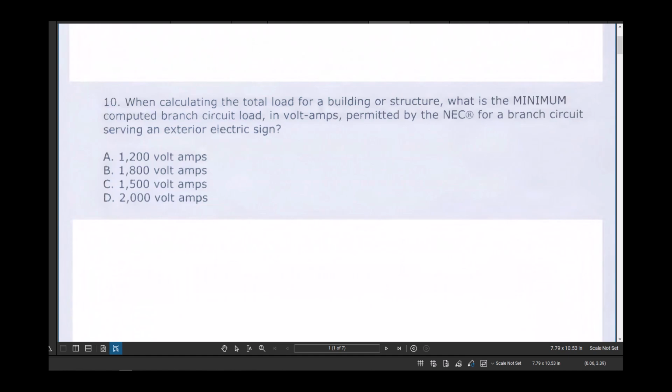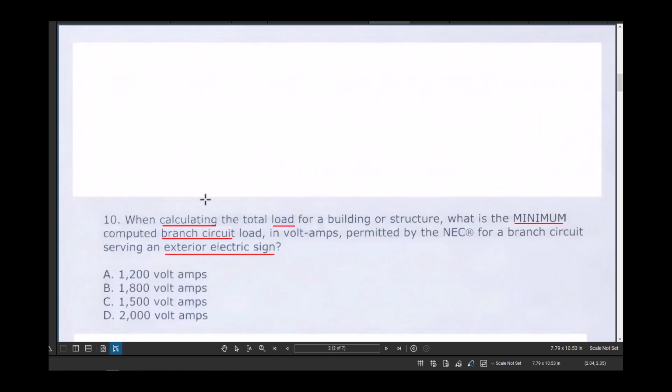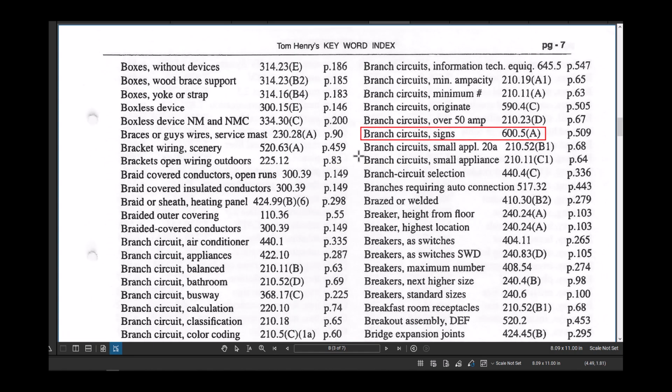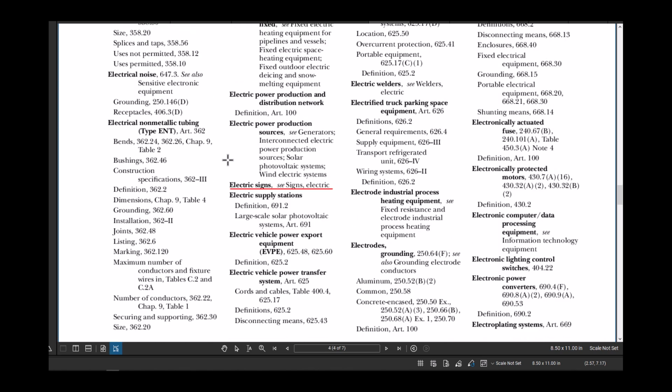but the main focus area is an exterior electric sign. So we are looking for an exterior electric sign in consideration with the branch, and trying to find the load for the minimum branch size. If I go to Tom Henry's index based on what we have here, I go to branch circuit signs, 600.5(A). If I try to find the same information from the NEC index, first I go to electric signs,